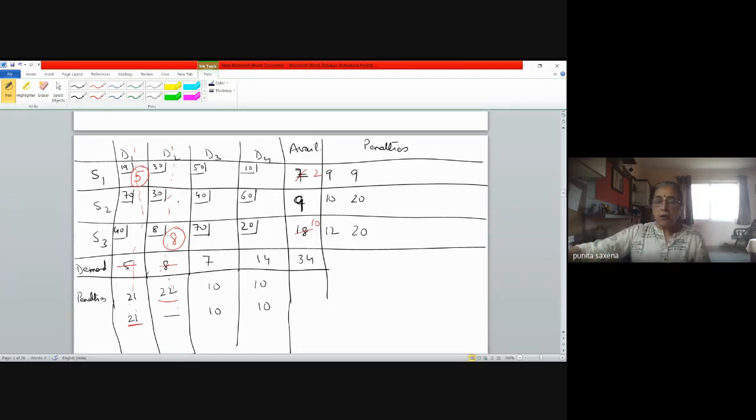That means we compute another set of penalties now. Because these two columns have been struck off, we have to choose only between 50 and 10, which makes the penalty 40. Similarly, the next penalty happens to be 20. The next penalty happens to be 50. Now, coming to columns, the first column is exhausted, the second column is exhausted, so we don't consider the penalties there. Whereas these penalties remain the same because nothing was struck off in these columns.